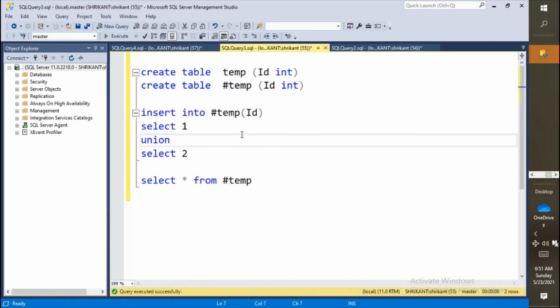This is really very useful when we work on stored procedures or when we write ad hoc code where we need a temporary table. Every time we can't go for a permanent table, right? Because creating permanent tables and leaving them behind will be a burden on the system, because we will never go back and use them.